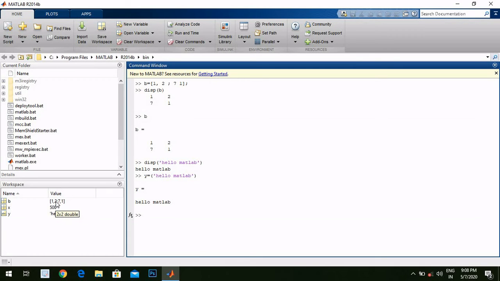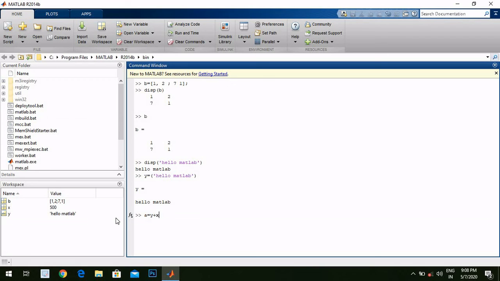So if I am going to add the string with the x variable, where x has 500, and I am going to add that x with the hello MATLAB, can I do this? Let's check it. Let's take a is equal to y plus x.